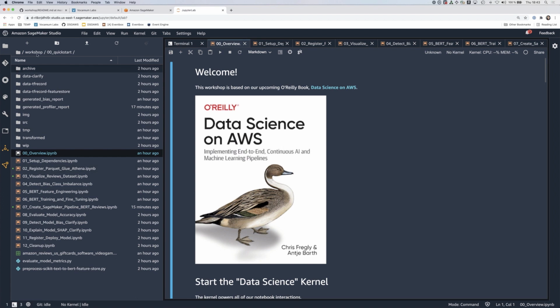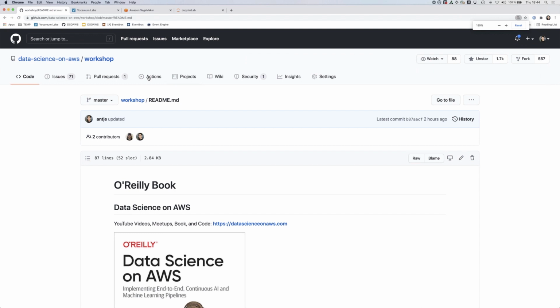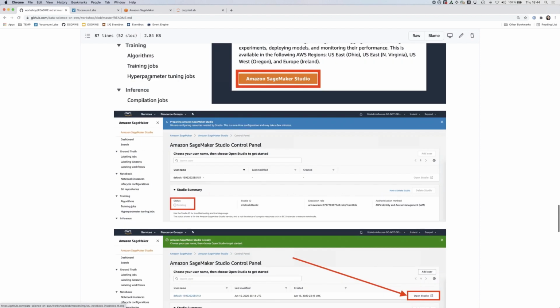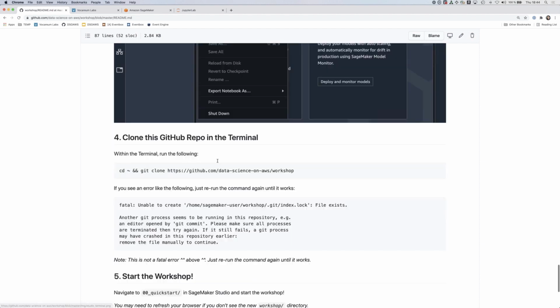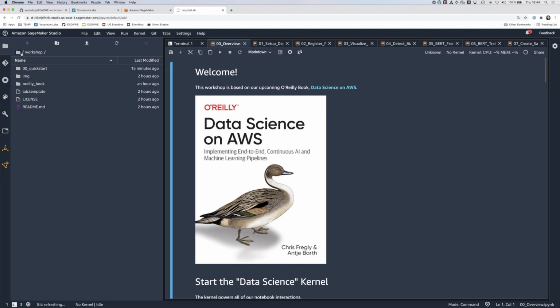All right, and then the first step here, as also pointed out in the instructions, is to git clone our repo. So again, this is the repo where we also have the instructions here. And if you scroll all the way down, here again are the instructions, how to get here. And then it's really here, you can copy paste this link, which is cloning down this GitHub repo into that environment. So if you've done that, you should see here this workshop folder popping up on the left in this